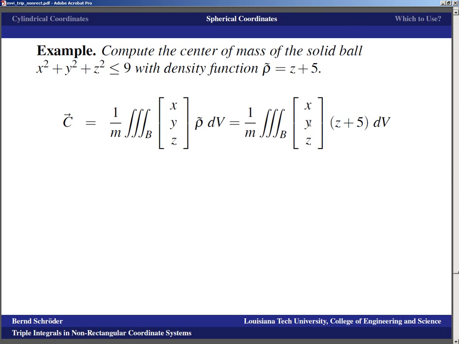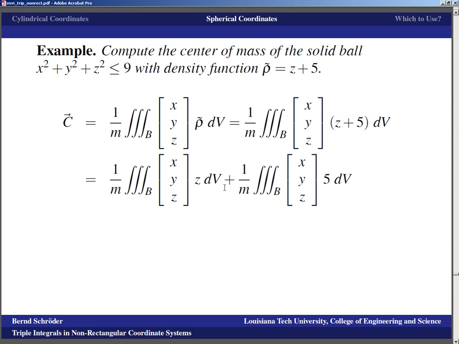Similarly, I will get 0 in the second component, and that is because the x and the y are integrated over symmetric intervals across the origin, and therefore, being odd functions, those integrals go away. So really, those will go away, and that's something we're also going to see in the final setting here. I also just went ahead and broke things up, and that's going to make it even simpler, because